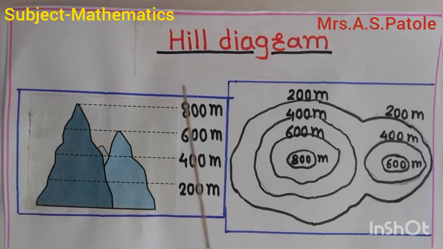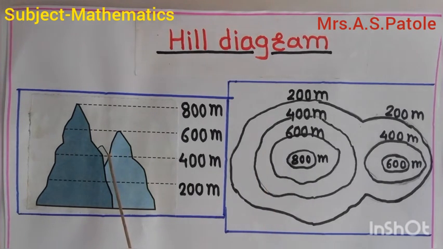Now, let us study about hill diagram. Looking at the hills in the distance, we can see how tall and broad they are, but we cannot tell how much area they occupy on the ground. From above in a helicopter one can see how much area they occupy on land, but from there we cannot see how high they are. Therefore, to show the area over which a hill is spread and also how high it is in its different parts, two figures are drawn. See here the two figures for hill diagram.